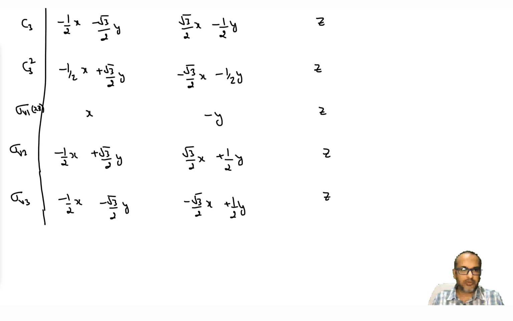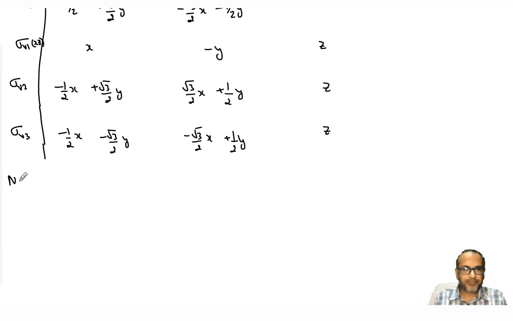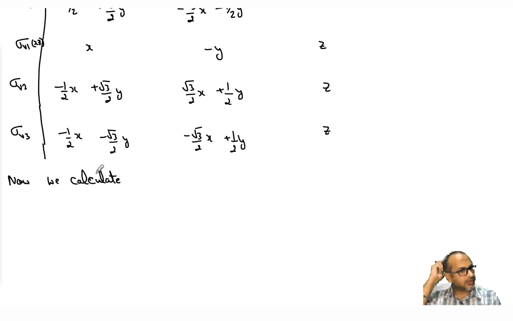So we now know what happens to each and every function upon these operations. Now we calculate the effect of these operators onto the given function. Here we are calculating the projection out of the given function which will form the basis for the E representation. That's why we have taken the E representation matrix.